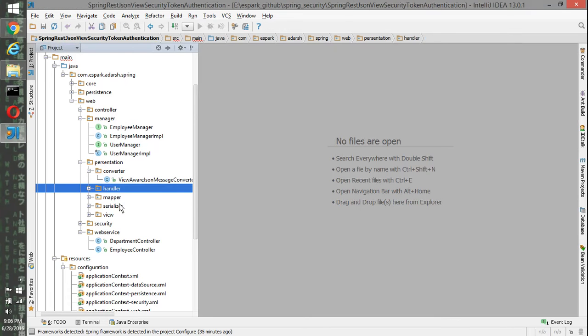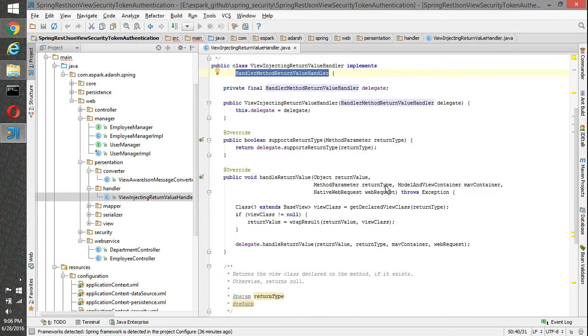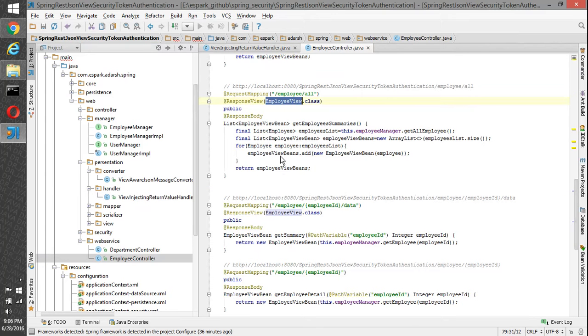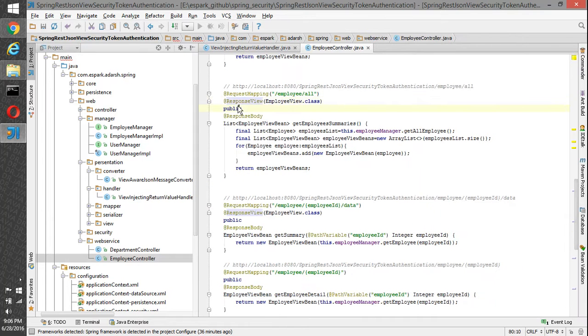And we have a handler here. This handler basically implements a handler method. This is our own custom handler. Basically, any method having a response view annotation, it is going to handle that, and according to that response view, it will change the way of writing a JSON bean into JSON.